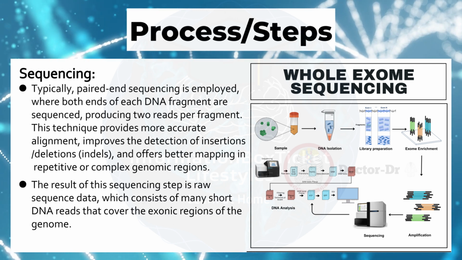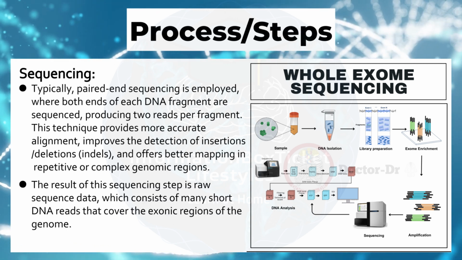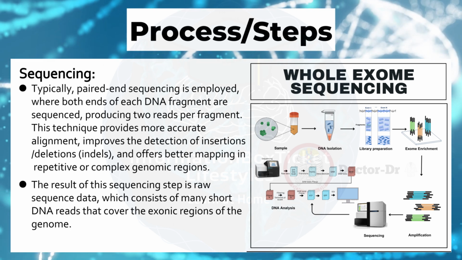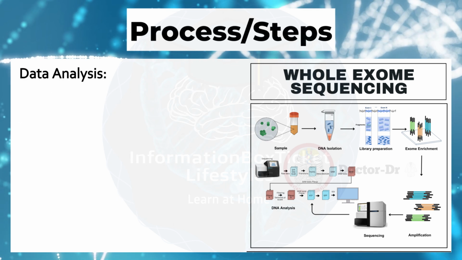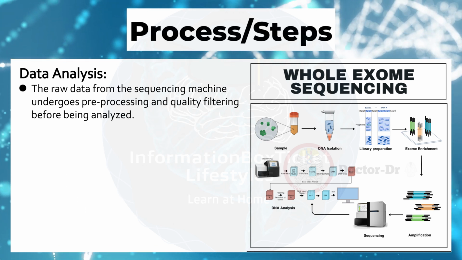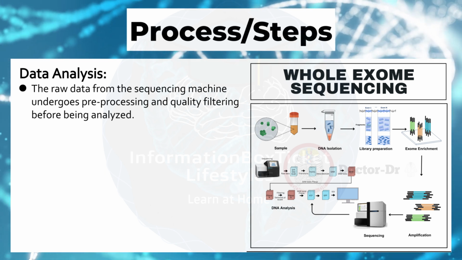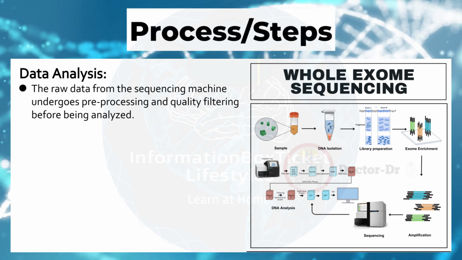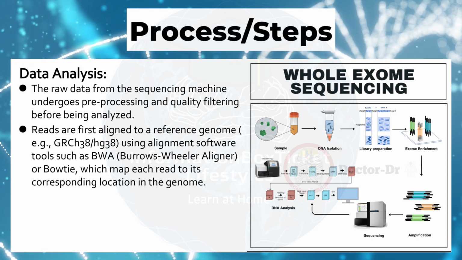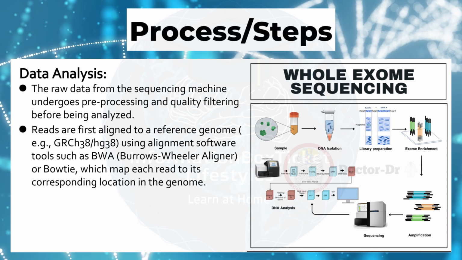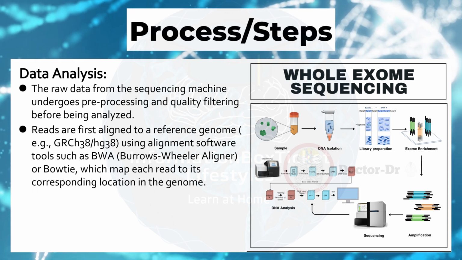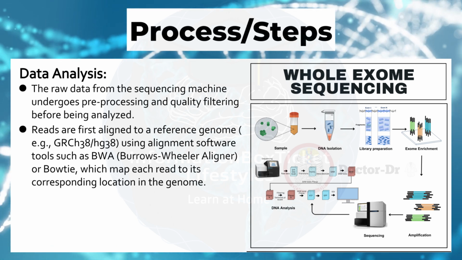The result of this sequencing step is raw sequence data, which consists of many short DNA reads that cover the exonic regions of the genome. Data analysis. The raw data from the sequencing machine undergoes pre-processing and quality filtering before being analyzed. Reads are first aligned to a reference genome, e.g., GRCh38/hg38, using alignment software tools such as Burrows-Wheeler Aligner or Bowtie, which map each read to its corresponding location in